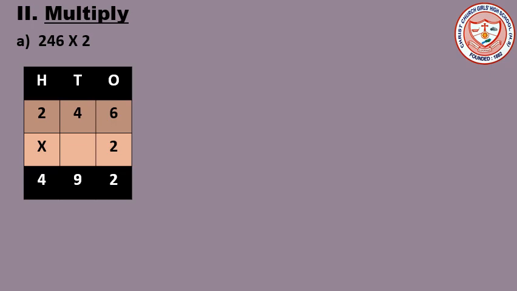Now step number 3. We have 2 into 2 hundreds. So it gives us 4 hundreds. And we are going to write this 4 in the hundreds column. Okay. So here our final product is 492. We are going to write the answer separately like this. Answer: 492. Done?